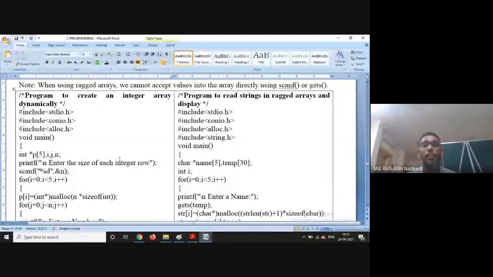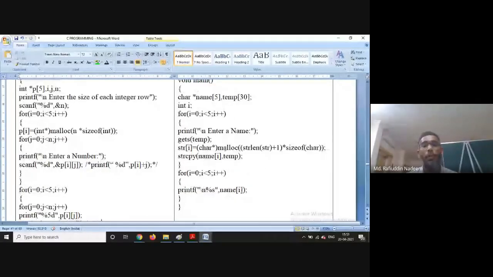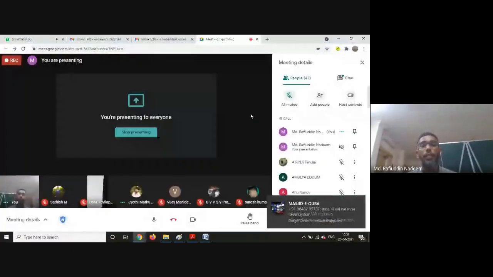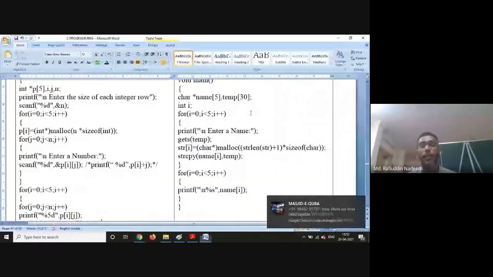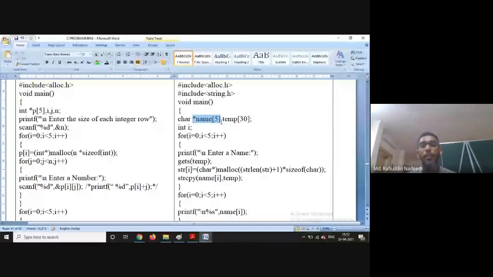Ragged arrays, see, when it is of numeric arrays, see how intelligently we are using this concept. Now, name[5]. So I'm creating name[5]. I'm just minimizing the arrays here. temp[30]. So I just want to store 5 names here.